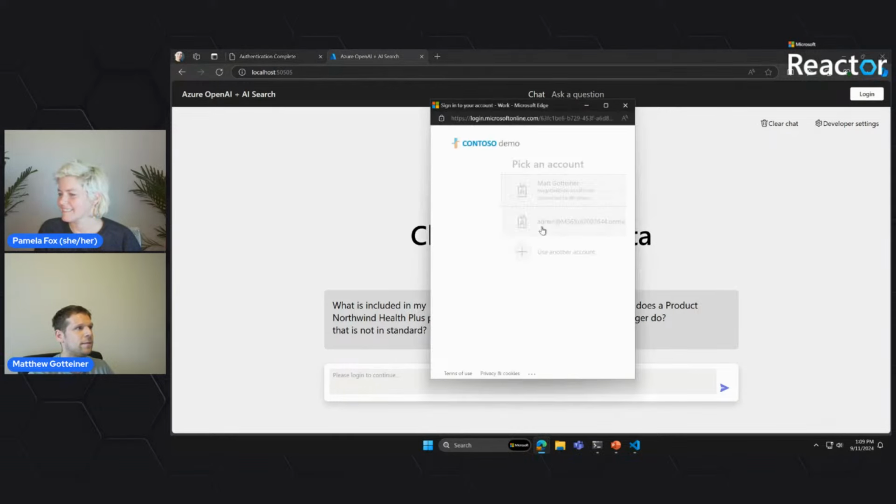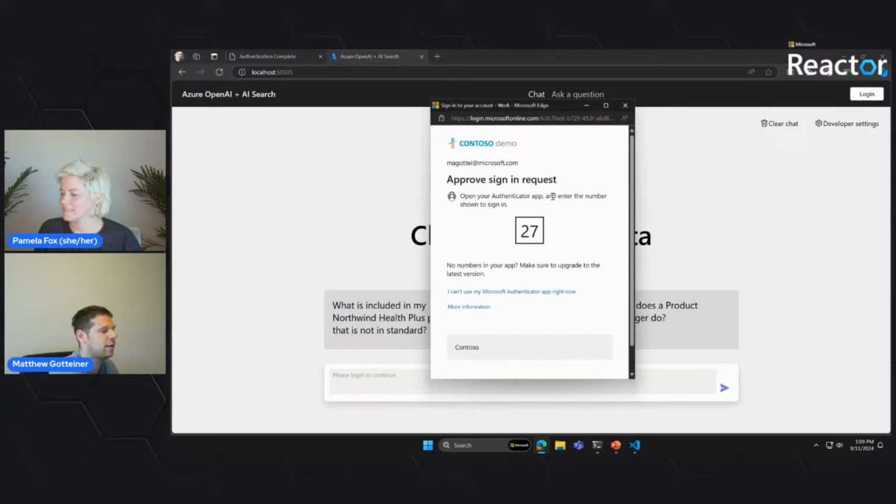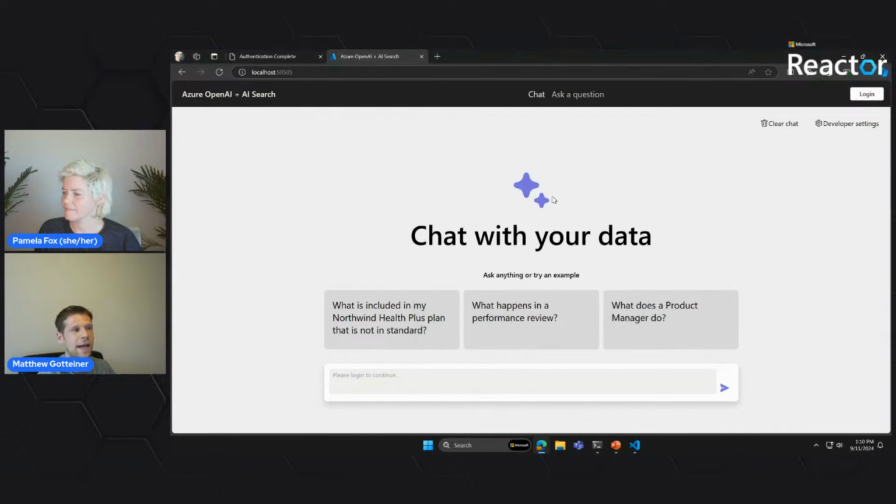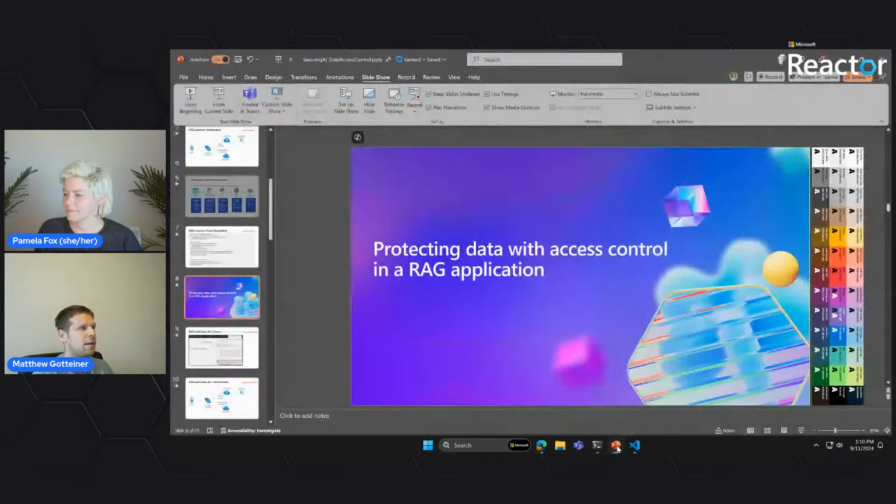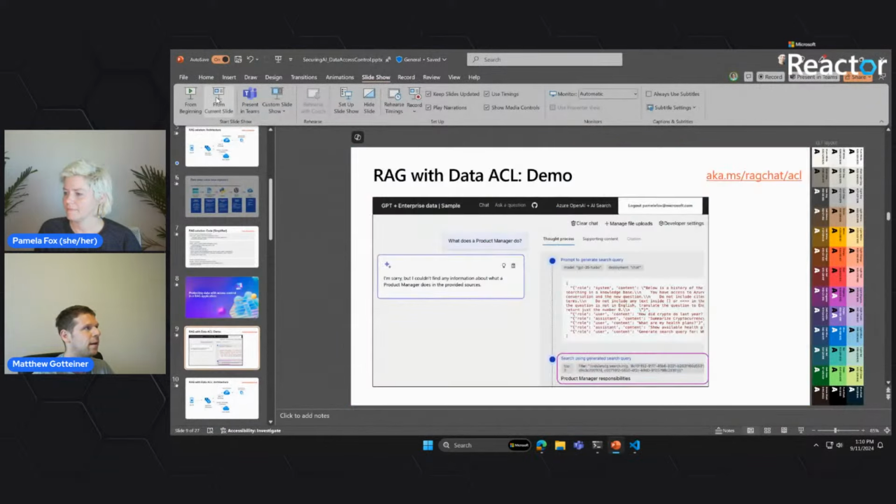I go to log in. I actually don't write any code for any of this. This is all included with the Microsoft Entra SDKs. So when I actually go in, you can't see because I'm off screen, but on my phone, I've got an authentication dialog. I have to enter this code. So the benefit of using Microsoft Entra ID here is that I don't actually need to implement any of this besides how the login button shows up on my web page. So that's all kind of abstracted away from me.